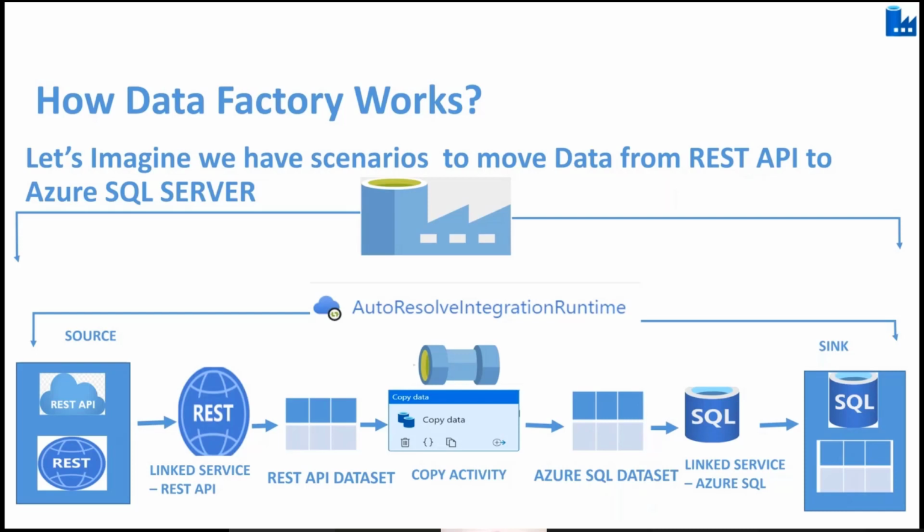Azure Data Factory can have one pipeline or more than one pipeline, and can have more than one integration runtime. If we compare this scenario with a parcel delivery system, then your Azure Data Factory is the central part of the parcel delivery service, which manages the delivery but doesn't actually do anything itself. And your integration runtime you can compare to the delivery man who actually performs the delivery. So this is the way Azure Data Factory works.